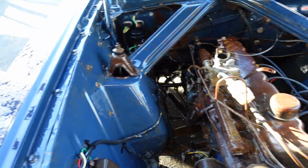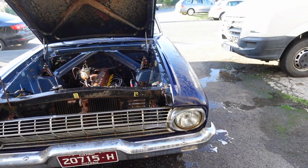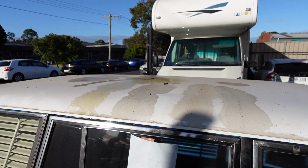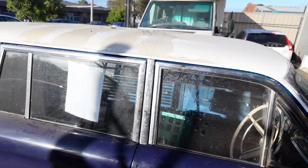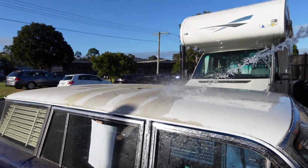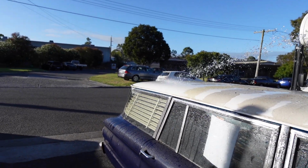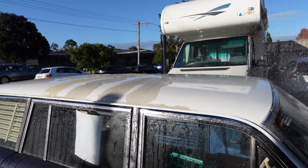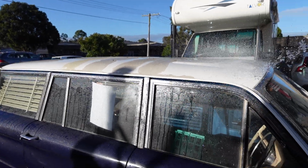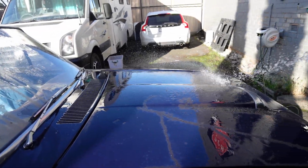Isn't it good to come up with a gurney? Ripper. Just did up a fresh batch of soapy water. The bit I'm most worried about is the roof, with diff oil all over it. Might spray it off first and then hit it with the soap. Gonna get water inside it because it's got no back window in it, but whatever. It'll dry out. The bonnet and the roof just got...